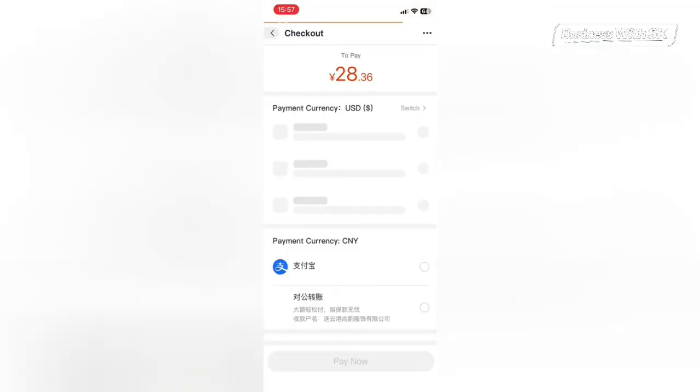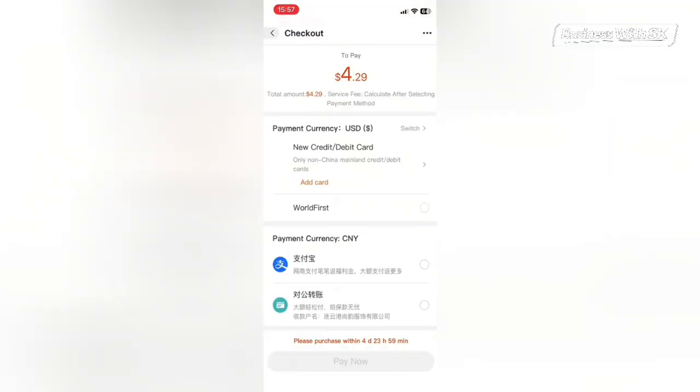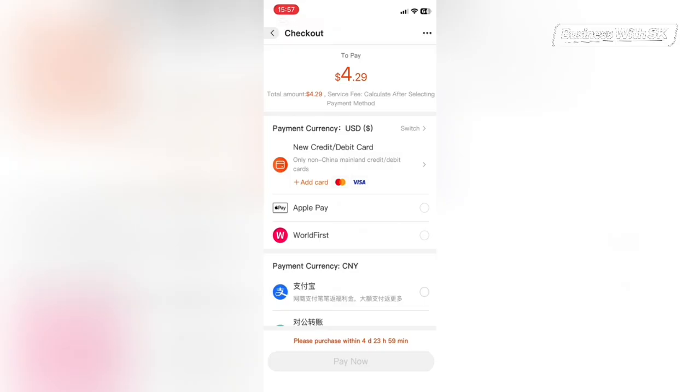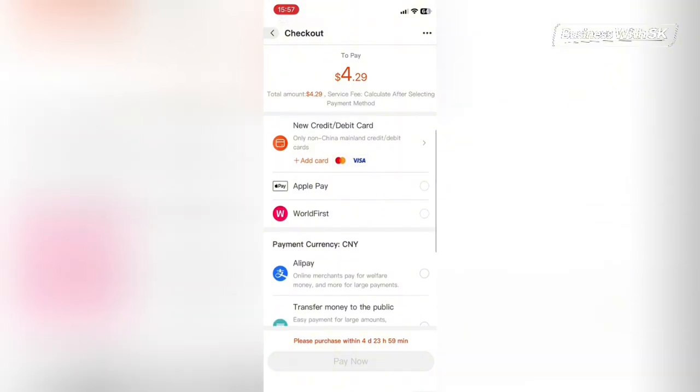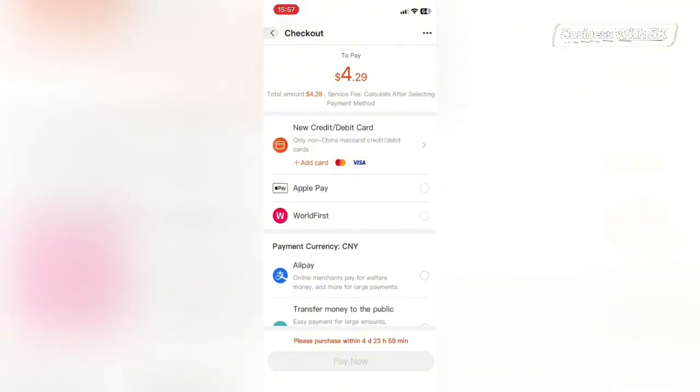So this is where you make your payment for your orders. There are different ways you can make payment for your products, whether Alipay, your bank card, Apple Pay, though using iPhone, World First, WeChat. You can use any of them, but the most common ones are the Alipay